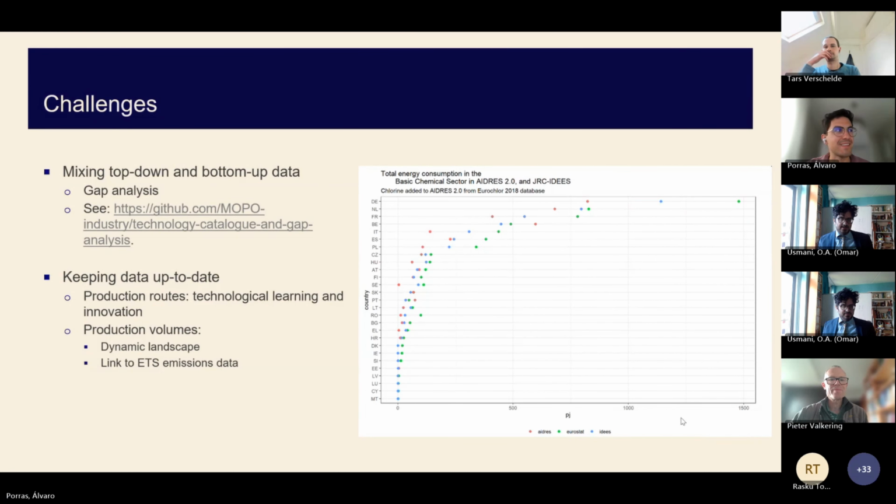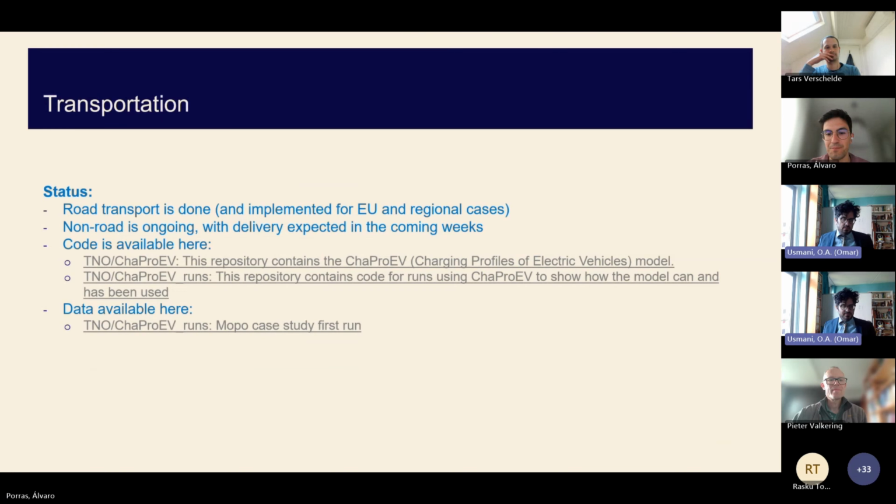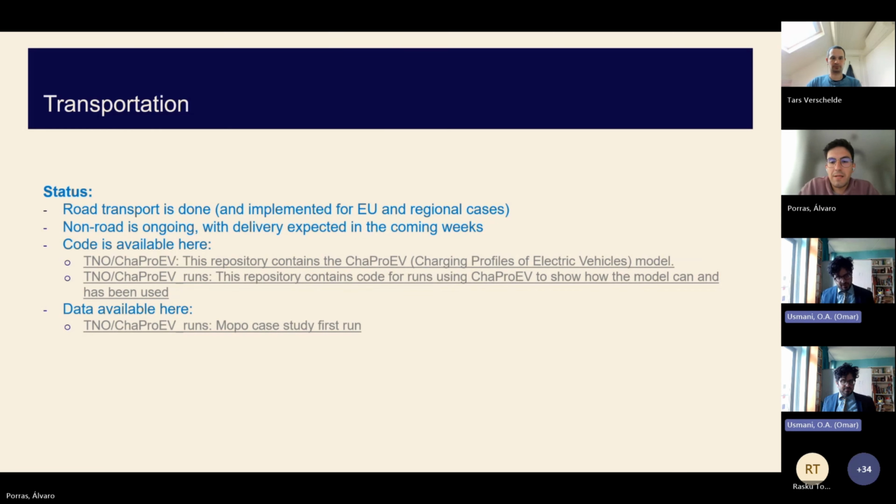Okay. Thank you. So essentially for transport, we developed a new tool, Chapeau EV, which stands for charging profiles of electric vehicles. You define scenarios for various cases, such as the European case study or the industrial regional case study. You run it and you obtain profiles.